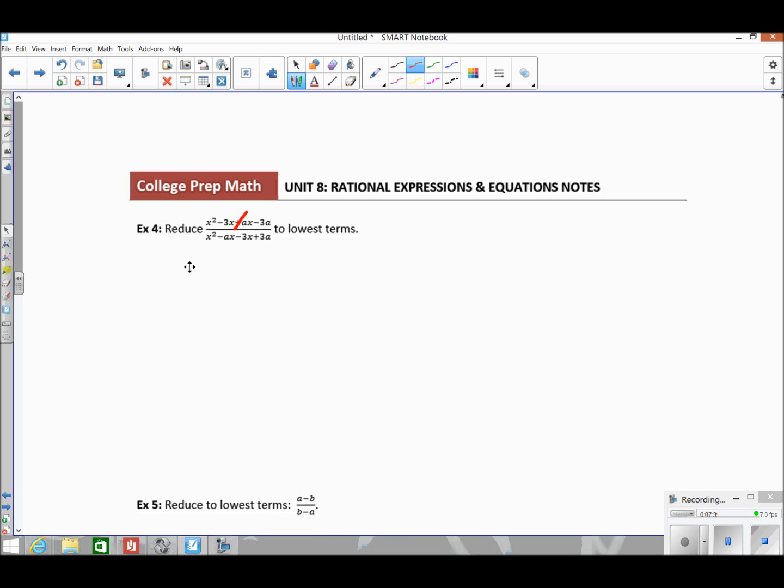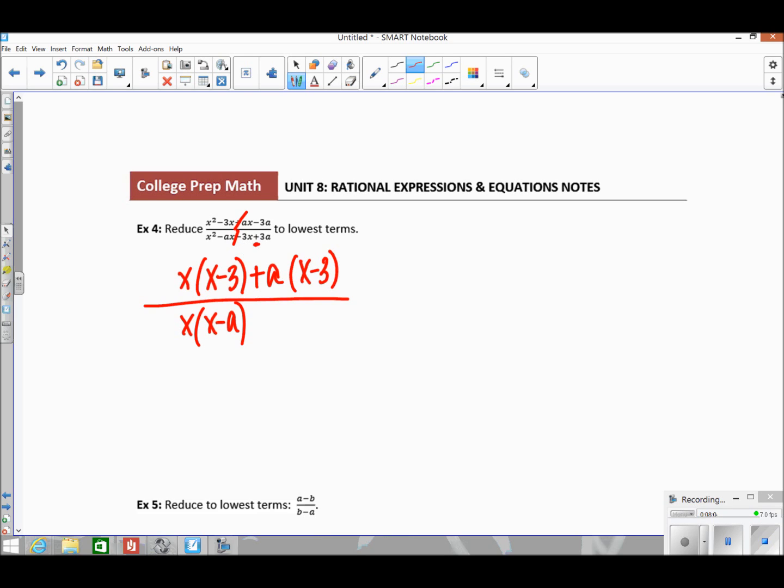So the GCF of the first is going to be x, so I'll be left with an x minus 3. And then for the second one, I can take out an a, so a positive a. So I'd be left with x minus 3. And then on the bottom, I'm going to do the same thing. So I can take out an x out of the first term, so x minus a. And then it looks like I can take out a negative 3,